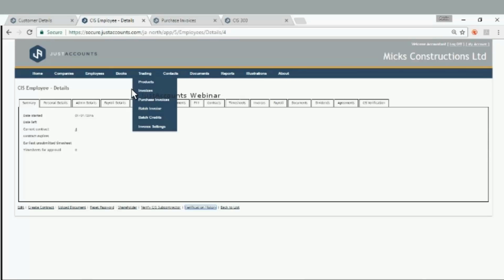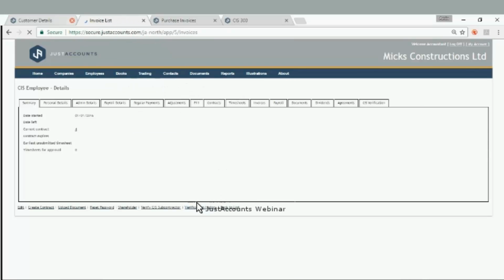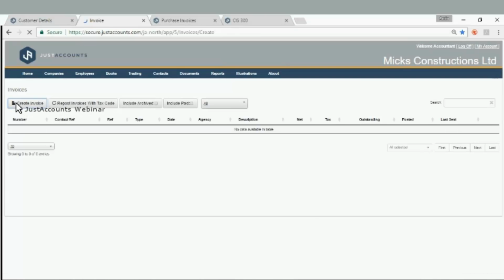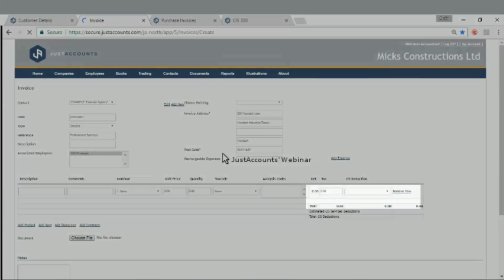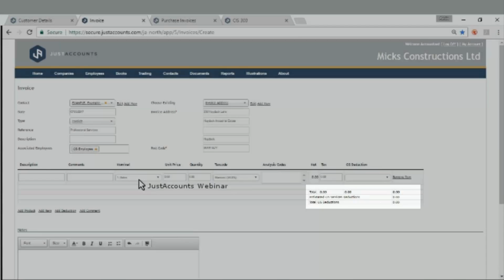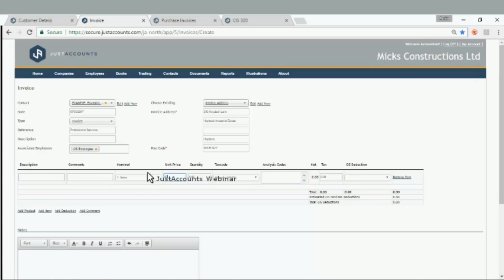So what I mean by this, if I go on the invoice screen now and choose to create a new invoice, anyone familiar with our invoice screen will notice that part of this invoice screen has changed. Now we've got estimated CIS service deductions and also the total CIS deduction. So if I just fill in an invoice,